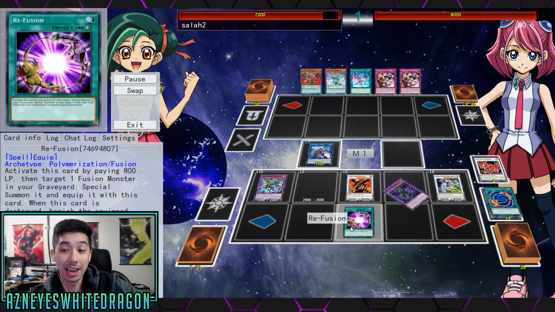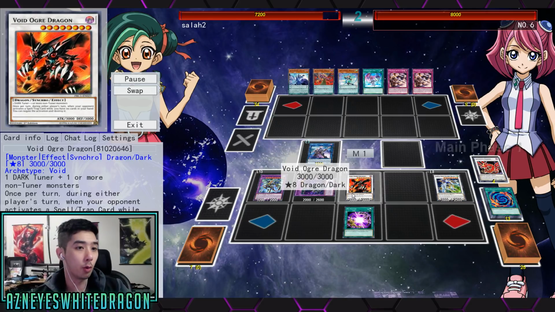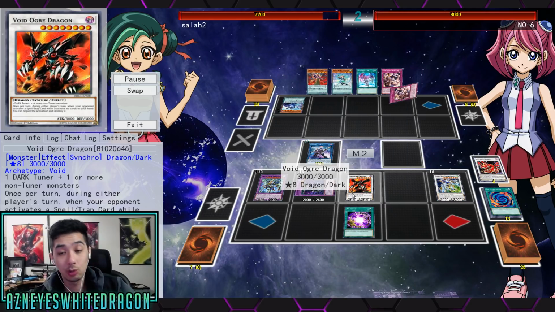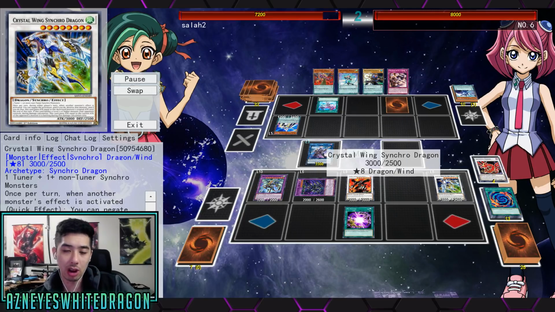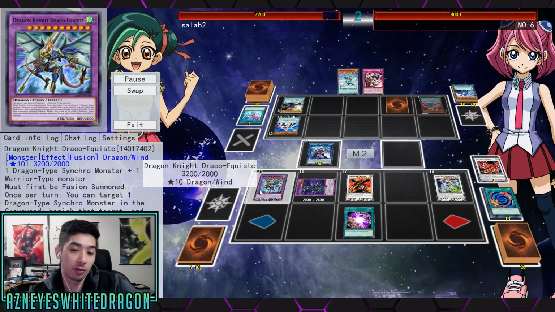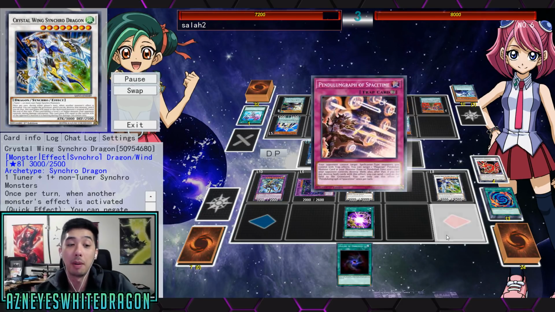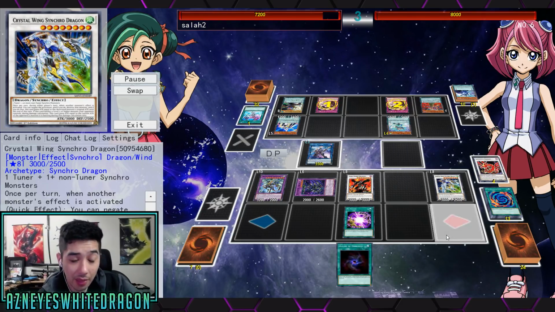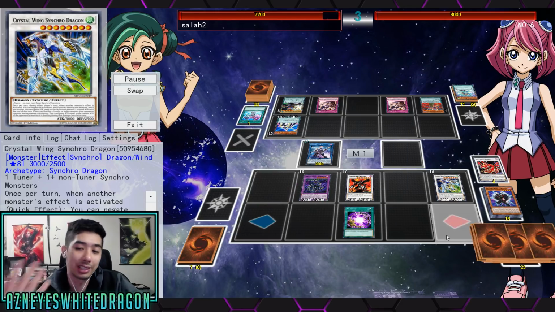But you guys can see again the play over here. It's very similar. A lot of times he's going for a Void Ogre Dragon, which lets you negate a spell or trap while you have no cards in your hand. And then you have Crystal Wing Synchro Dragon, and this stops burn effects. This one will stop spell and traps, and then this one will, of course, stop monster effects. And if anything battles a 5 or higher, basically it's going to gain attack,